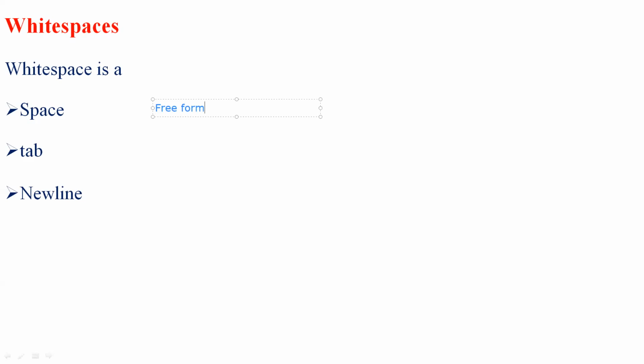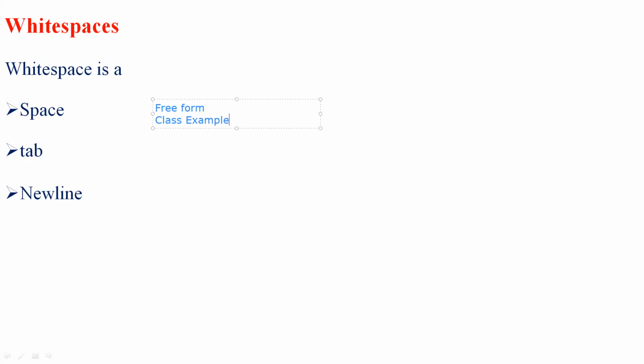It's a free form language, which means that we don't need to follow strict rules and regulations whenever we are going to program any particular software. So we can use white space characters freely when writing a program. For example, we could write everything on one line, or write a multi-line program as a single statement. Instead of that, we just give at least one white space character between different tokens.